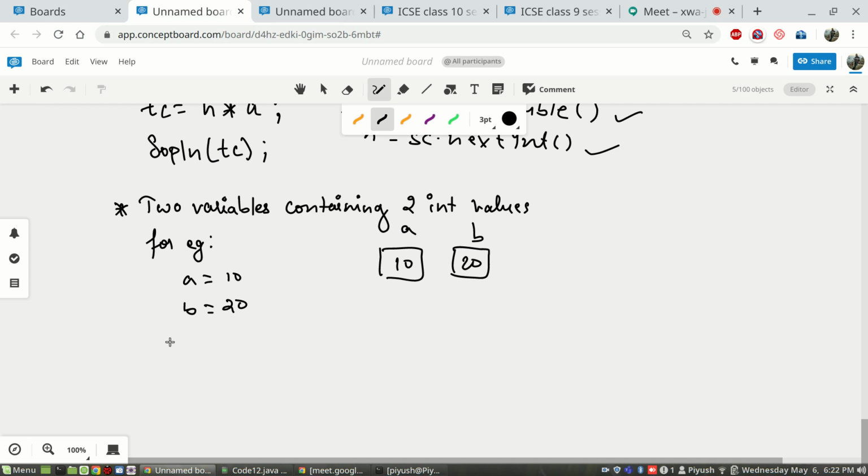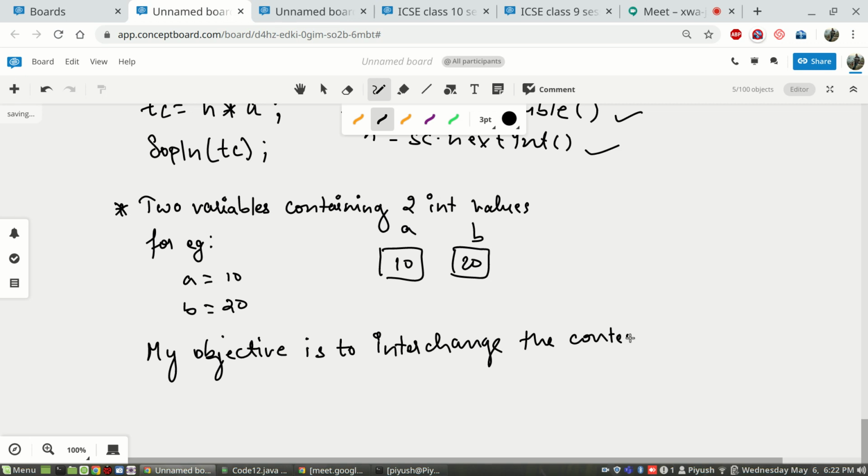Okay, now my objective is, you might have done it also, my objective is to interchange the contents of each of the variables.